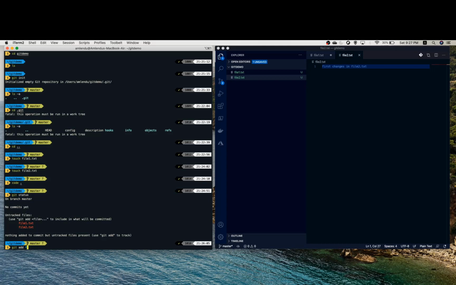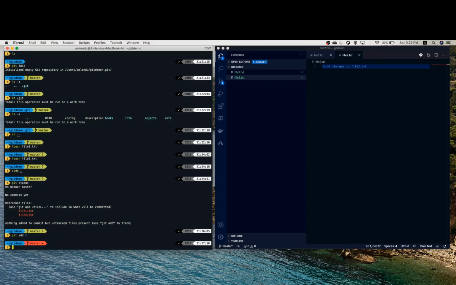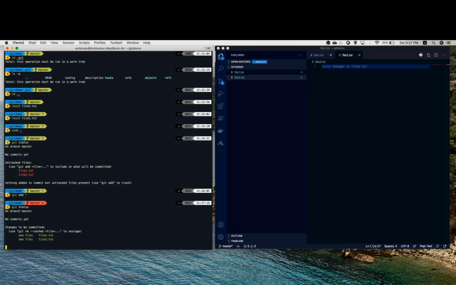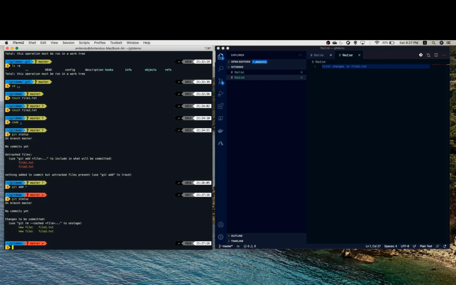So let us add these two files, and as you can see, now again we will execute the git status command, and these two files are now in a state where I can commit them.